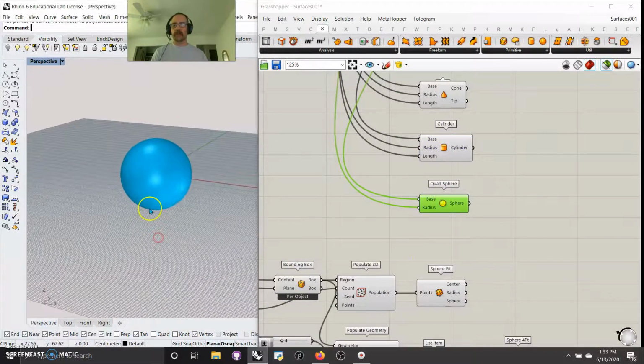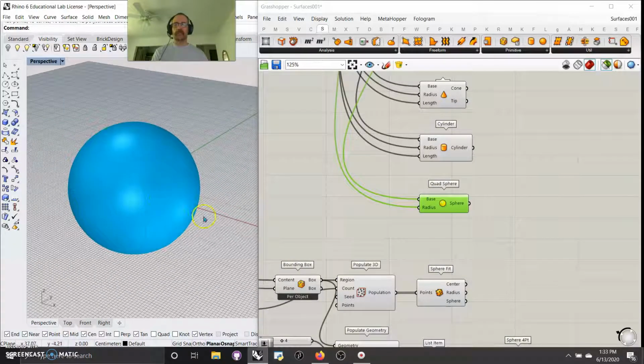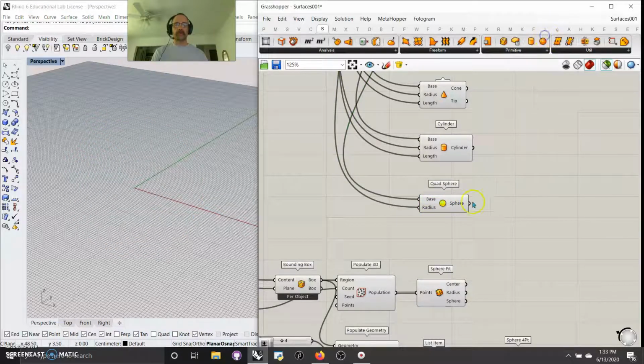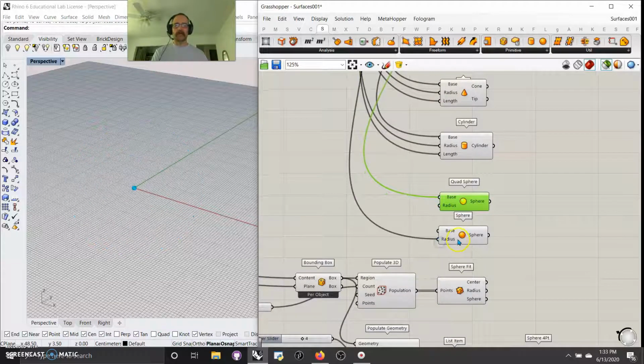It's kind of like the very simple soccer ball. You have 6 sides, so it's treated like a cube that's been ballooned out. The quad sphere is different from the sphere, and I've used the sphere earlier, so that's why I just left it out. But the sphere is the same way. It defaults, and all I'd have to do is grab the radius and bring it down here, and boom, you've got